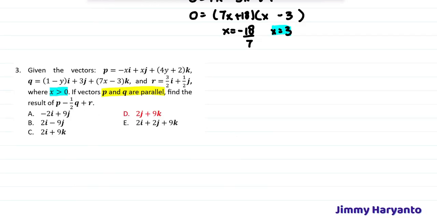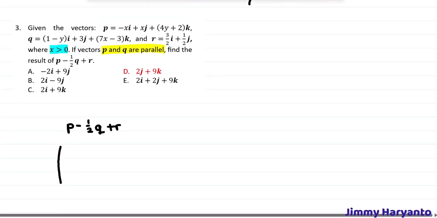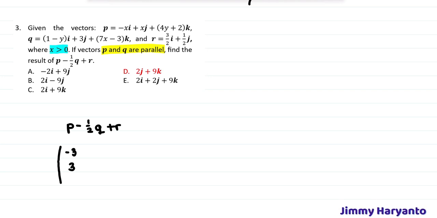Okay, so the question wants you to find the value of p minus half q and then plus r. Yeah, so we only have to input the vectors. For the p it's negative x, the x equals 3, so it's negative 3, and then x for the j, that means 3, and then for y plus 2, because the y equals 4, that means 4 times 4 equals 16, 16 plus 2 equals 18, then minus half the q is 1